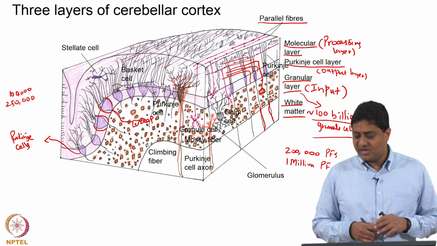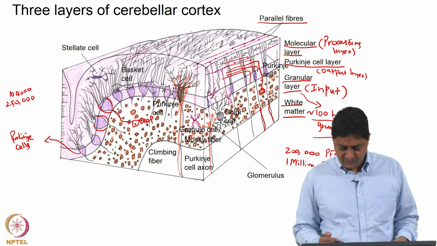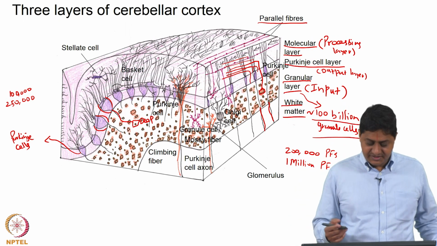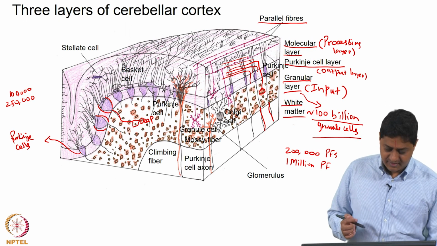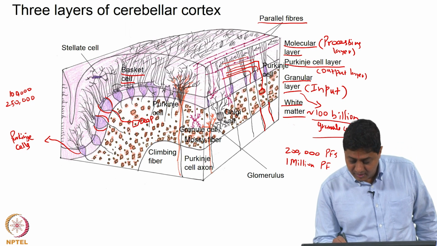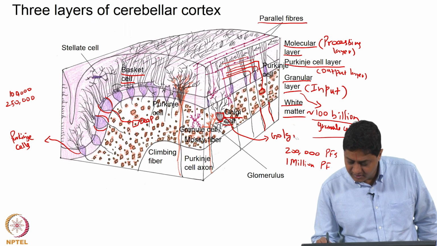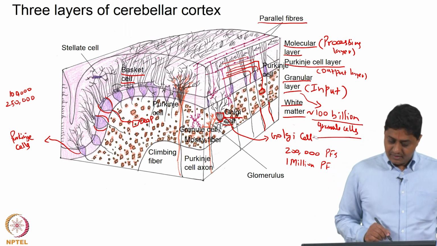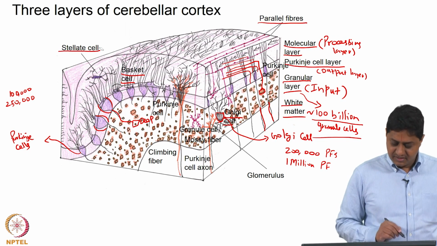The Purkinje cell layer is the major output layer of the cerebellum, whereas the granular layer is the input layer, right. What is not discussed is that the cerebellum also contains other cells, such as basket cells, an inhibitory interneuron shown here. I am going to write this here for clarity, that is the Golgi cell, and a different type of interneurons here. These are the star shaped interneurons, so they are called stellate cells.